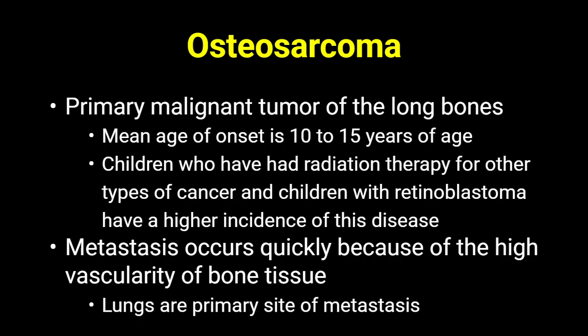Biopsy, which confirms the diagnosis and determines the specific tumor type. Metastasis occurs quickly because bone is highly vascular. This is an important concept. Years ago, treatment often required amputation, but advances in orthopedic oncology now allow many children to undergo limb salvage surgery,